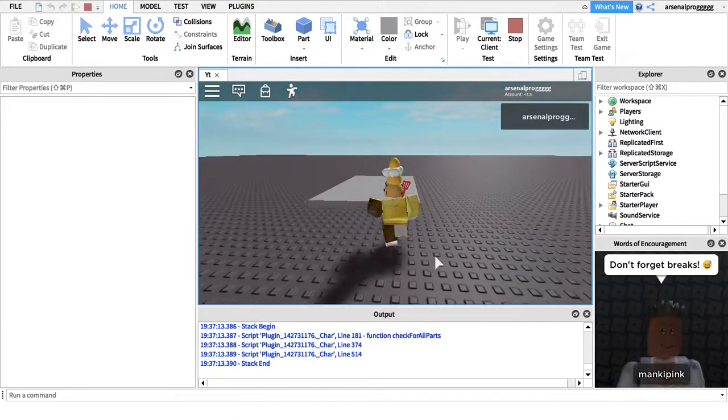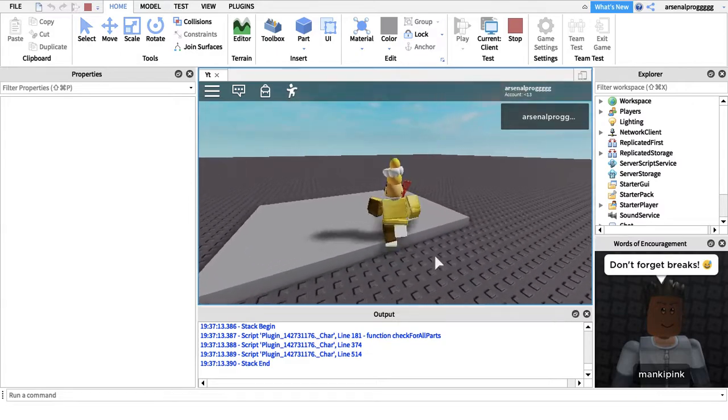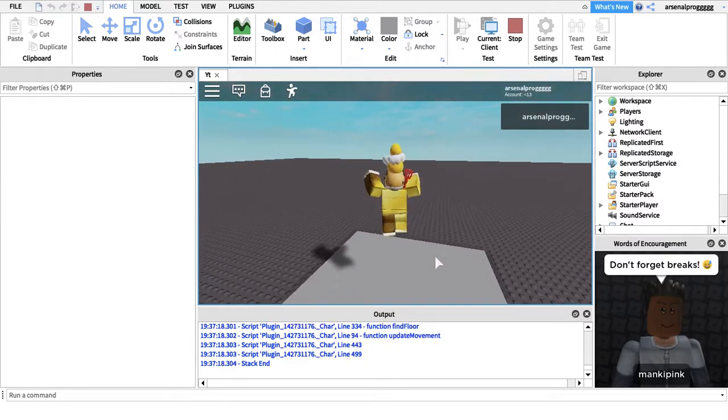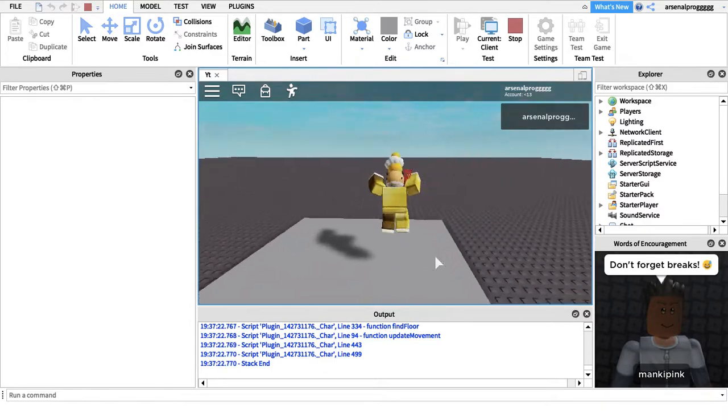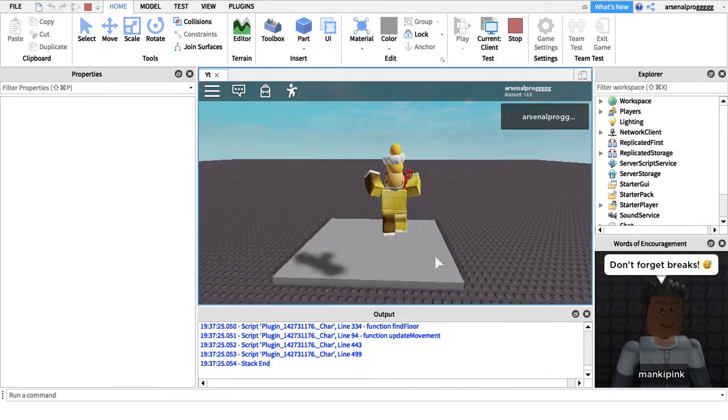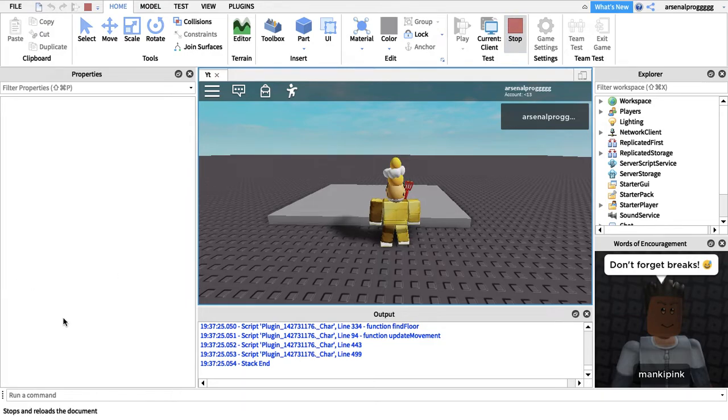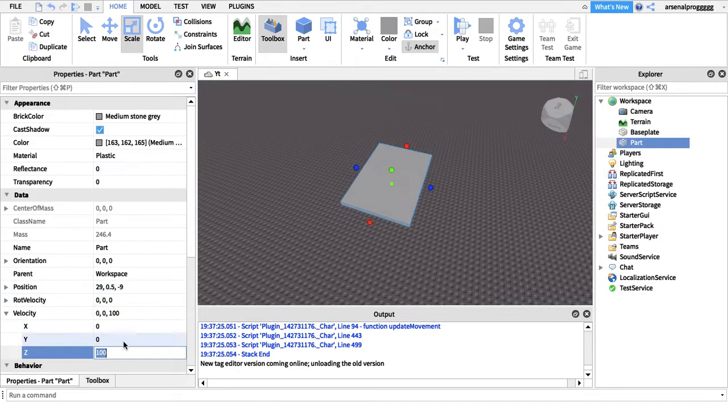If we go in it, it should, see, it's put us, we basically can't go in it. Look, as soon as we go, we just get zoomed back. So that's a cool conveyor belt you can do. Push back, and if we put the Z-axis back to 0 and put the X-axis back to 100,